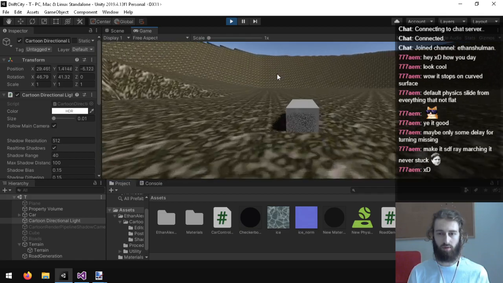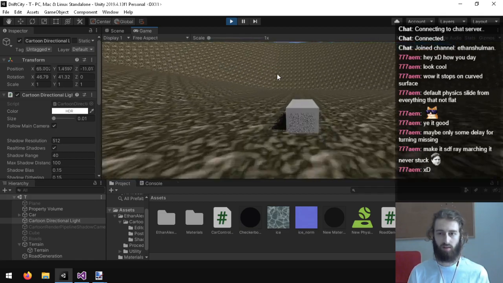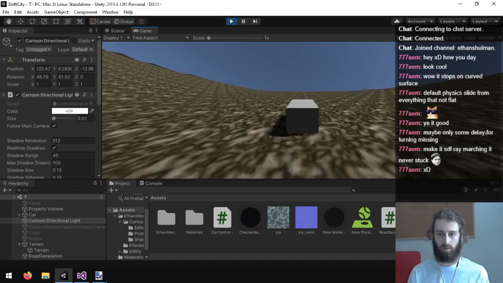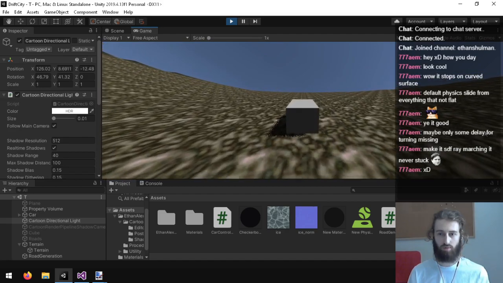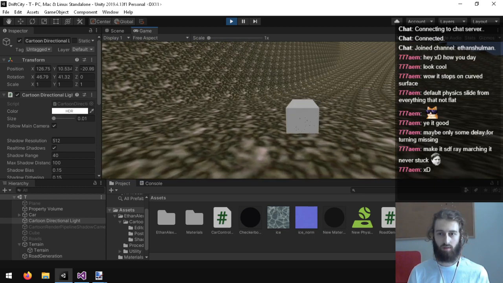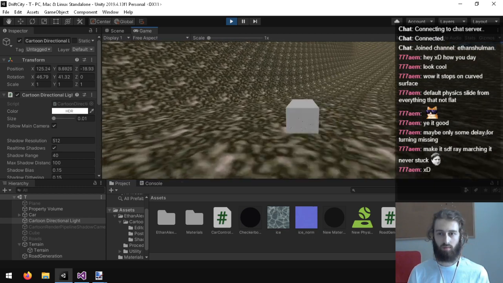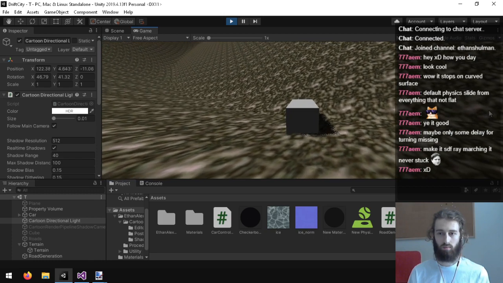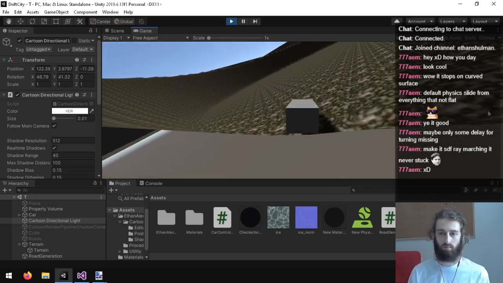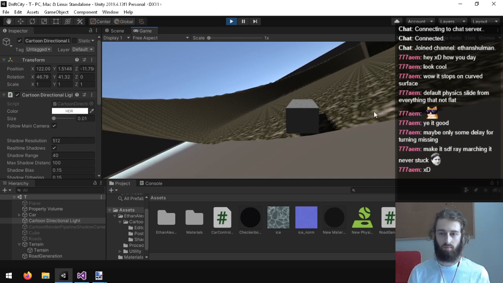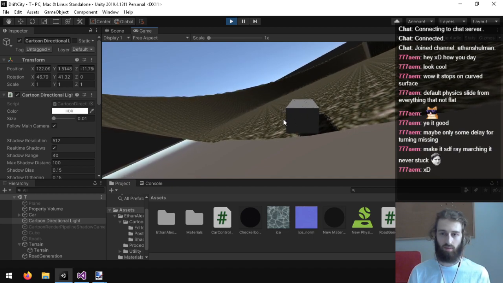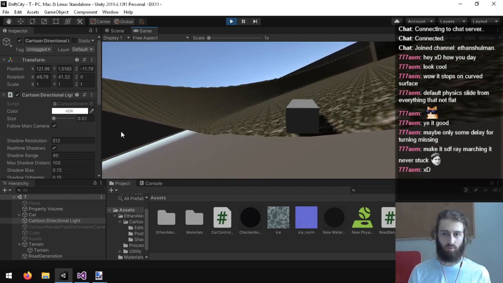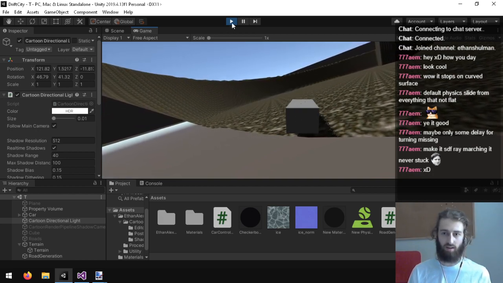Alright, probably turns too fast. It does go up. It does shift to go up though. Yeah. Getting stuck on the sides of surfaces like this because the ray casts aren't hitting.